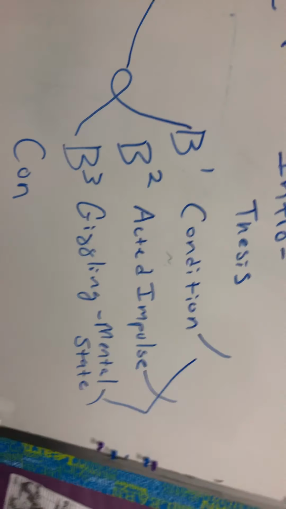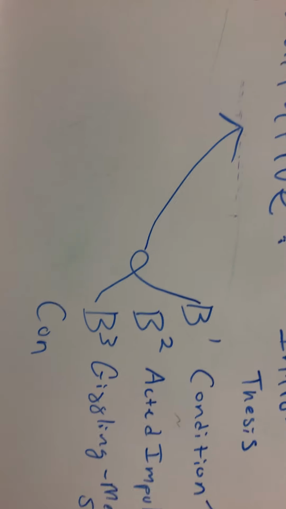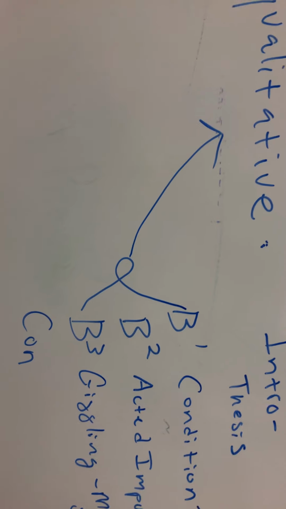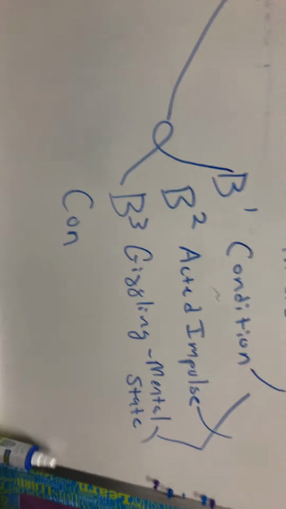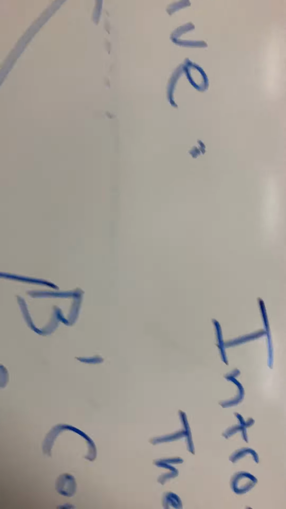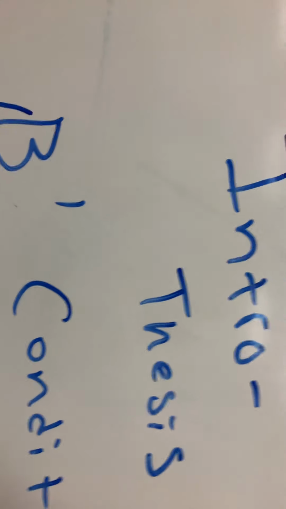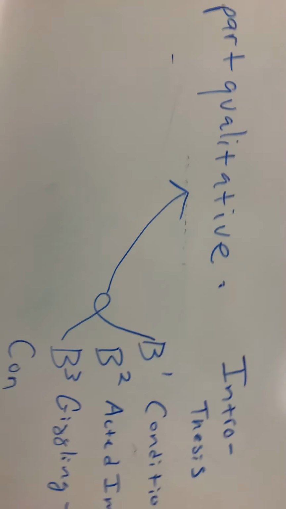Okay? Now, once you write the 3-part qualitative thesis, then you can put all 3 of these together and see if you can come up with a more overreaching thesis. That would be like, Mary Maloney is innocent because of her physical and mental state at the time. And basically with that strong thesis statement, your readers know what your essay is going to be about. Okay? And that's it for this week.